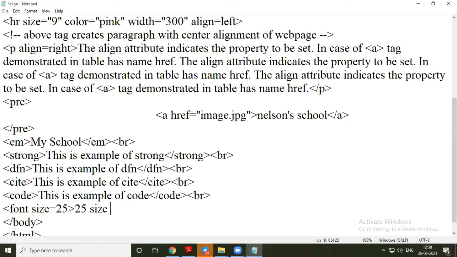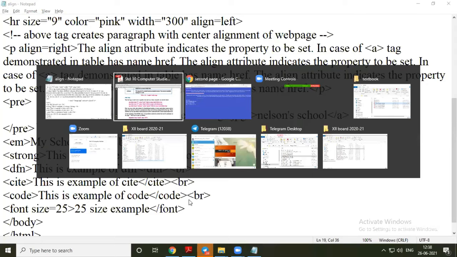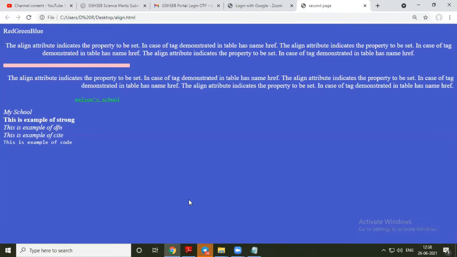Size example, and slash font. Now you can see the font size of 25 point here.